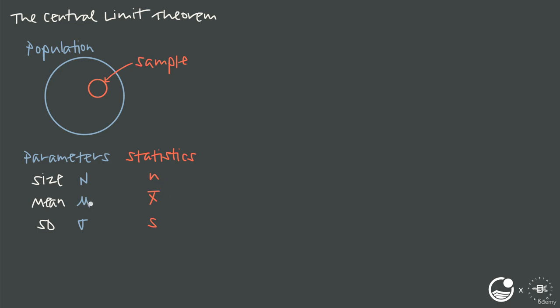corresponding parameters. The problem is that if we just collect one sample from the population and we compute a mean and a standard deviation for that single sample, the values we find for sample mean and sample standard deviation may or may not be good estimates of the mean and standard deviation of the population. In other words, if the sample is very representative of the population, then our statistics might be good estimates of the parameters. But we might just happen to pick a sample that does a bad job representing the population, in which case our sample statistics are going to do a bad job estimating their